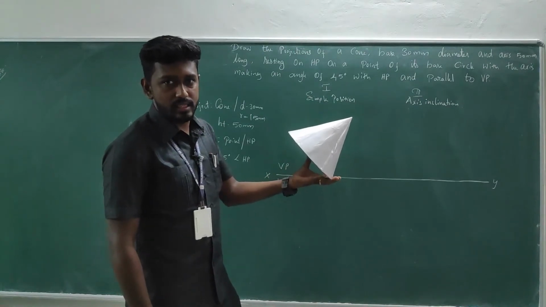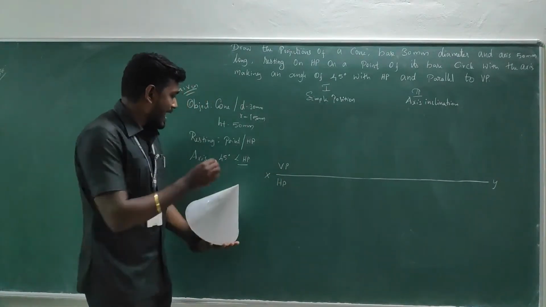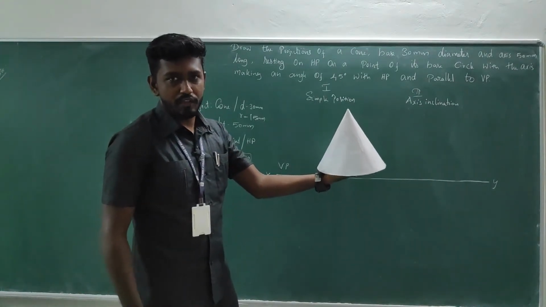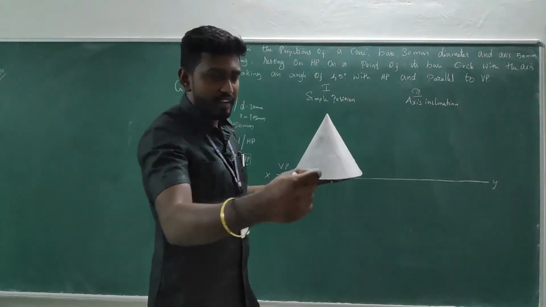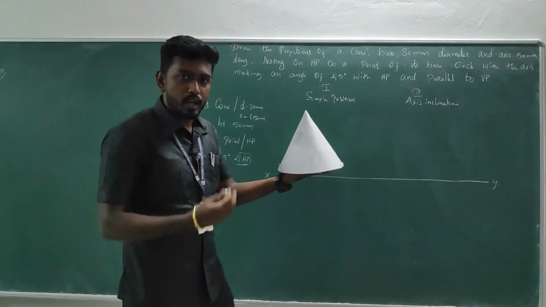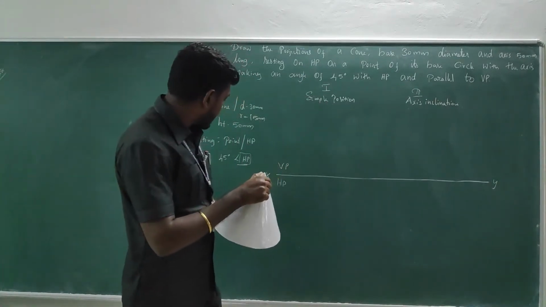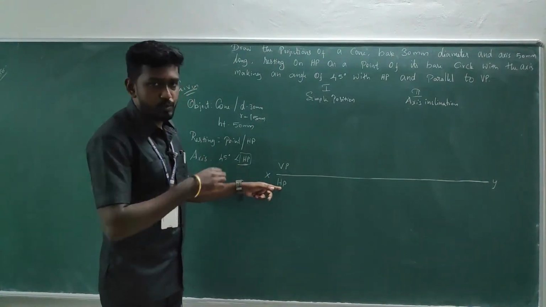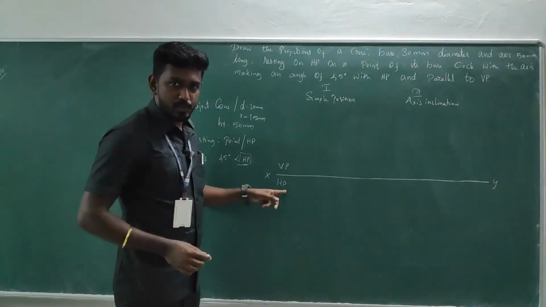So in the initial assumption, since it is inclined to HP, we will be taking it just perpendicular to HP. If it is perpendicular to HP, what happens? From the top view we are able to see the true shape, and from the front view we are able to see the height of the object, right? Since the top view shows the true shape, we need to begin from the same respective plane, that means the HP, because the top view falls on the HP. We need to start from HP.